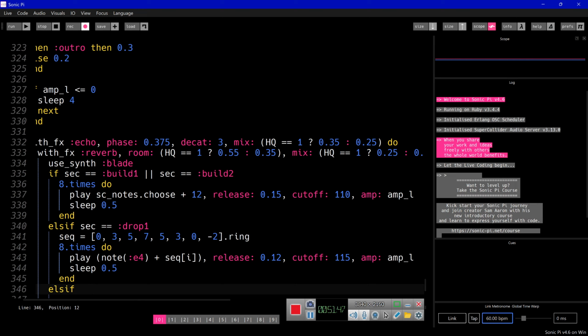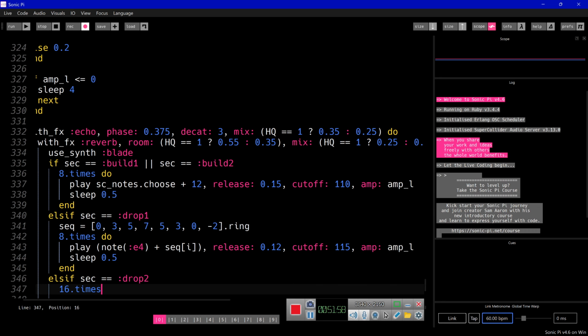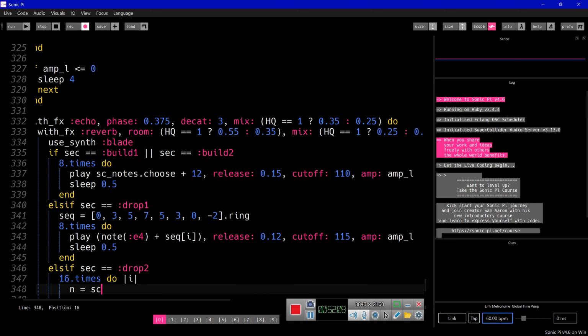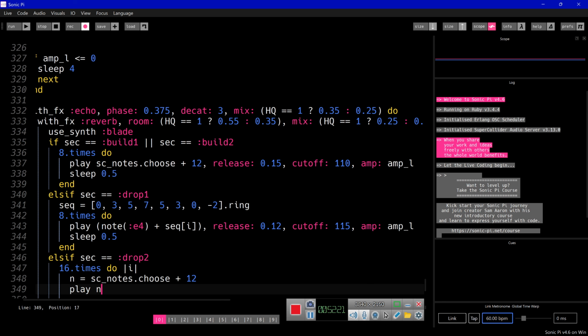So else if the section is at drop 2, then we have 16 times hit, and then the notes would be from the scale notes, and choose it plus 12, and we play the note with the release of 0.1 and cut off of 120, and with the amplitude of amp L multiply,